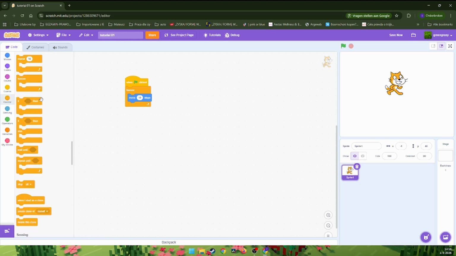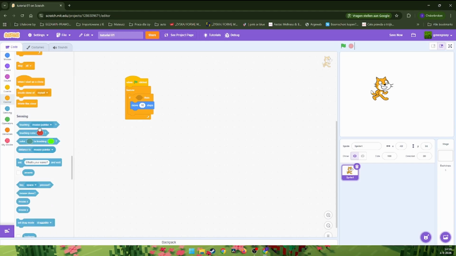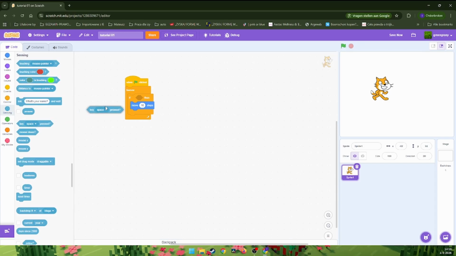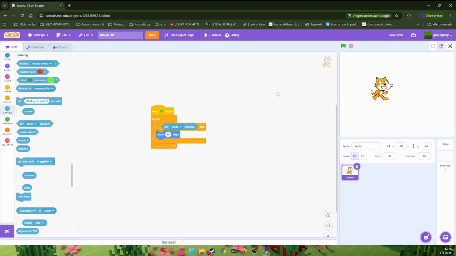Because if you look even more down, you're gonna see an if triangle thingy shape, then, and then it doesn't do it anymore because it doesn't know what to do when, if, nothing, then. So if I go to sensing and then if key spacebar pressed, and now if we press the spacebar,